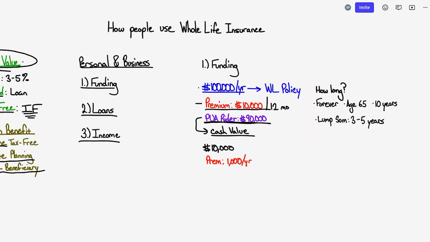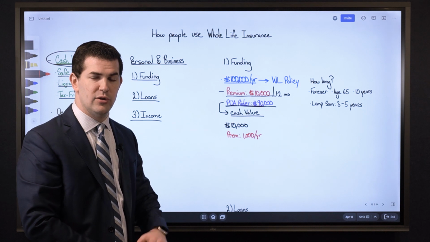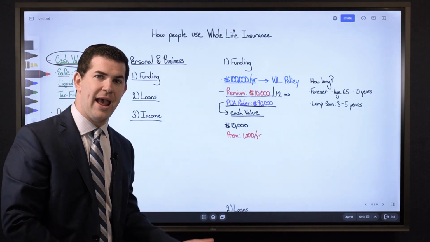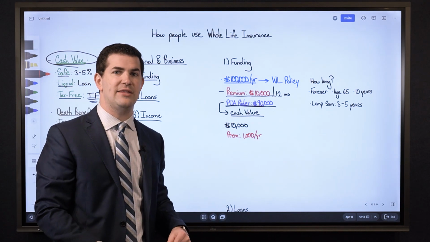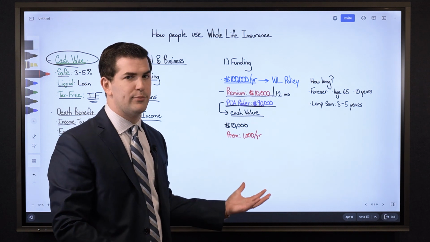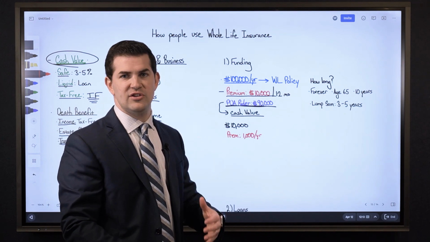$1,000, and that's per year. And then at your discretion, you can add another $9,000 to the policy. The same is true for the individual paying $1 million per year. They're committing to $100,000 and adding another $900,000 at their discretion. And this 10% minimum does depend on the company.